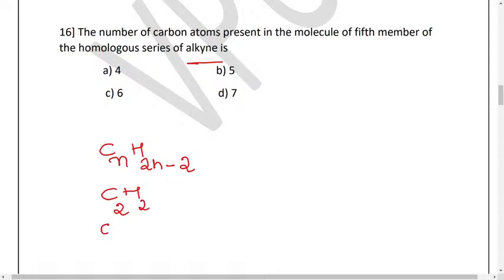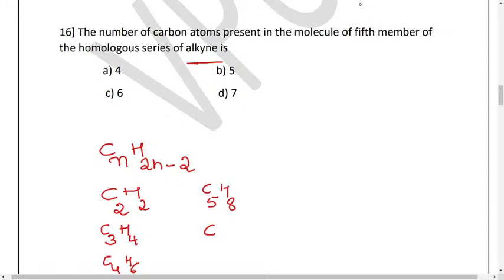If I consider the second member, dear students, C3H4. This is the second member. And if I consider the third member, C4 and here it is H6. See, 4 into 2 is 8, 8 minus 2 is 6. If I consider the fourth member, it contains how many carbons? 5 carbons. Hydrogen you can write here, the hydrogen number is 8. If I consider the fifth member,